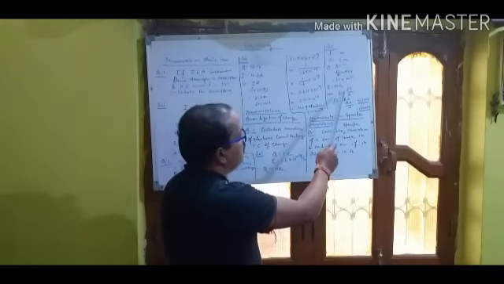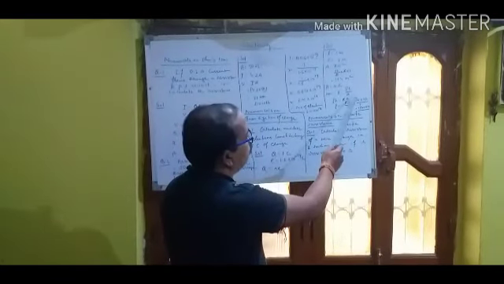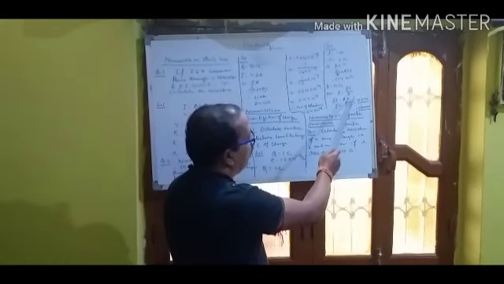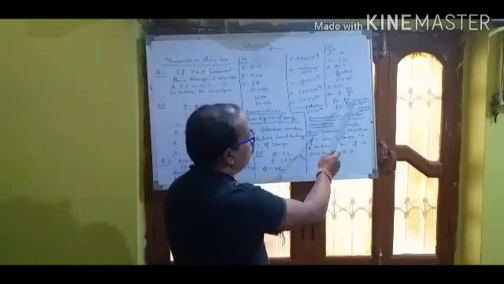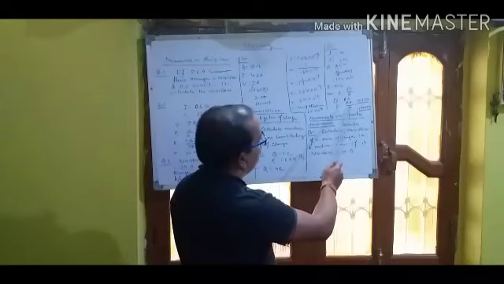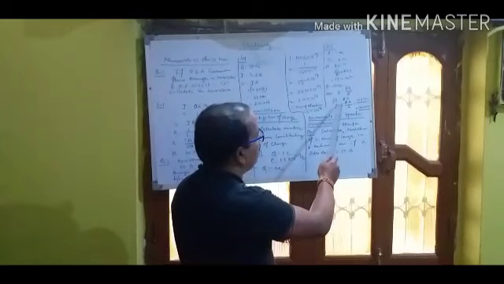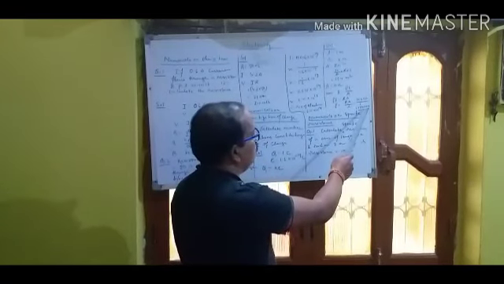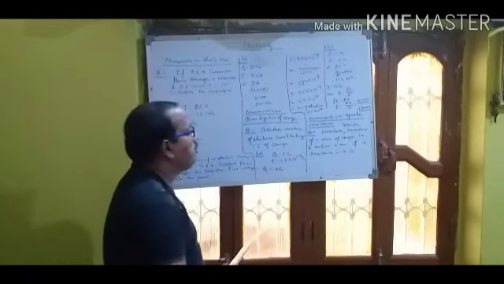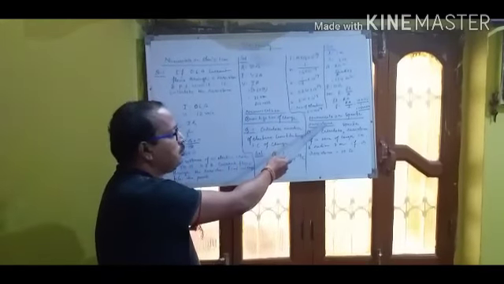Now using the formula R equal to rho L by A, we get rho L equal to RA, rho equal to RA by L. Now put the value of R, it is 10, value of A 154, value of length, that is 1. The result is 1540 ohm meter. That is the specific resistance of the wire given. So these are the numericals based on the 3 topics: Ohm's law, quantization of charge, and specific resistance.